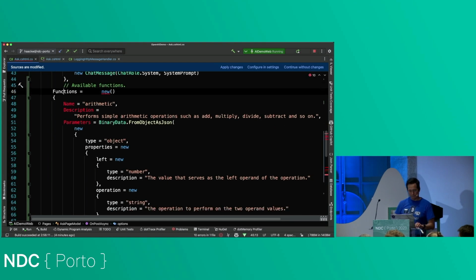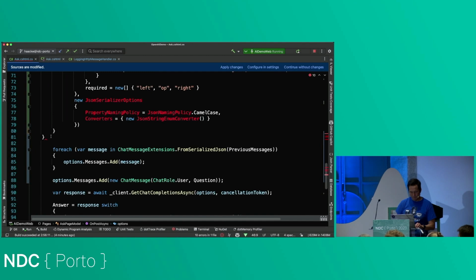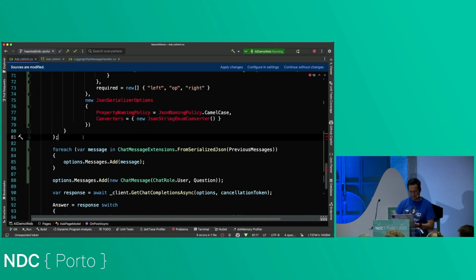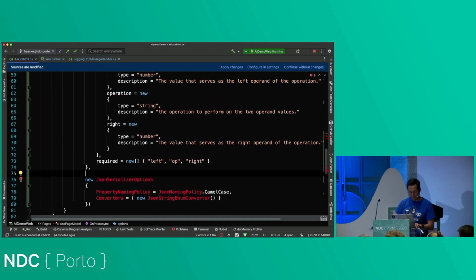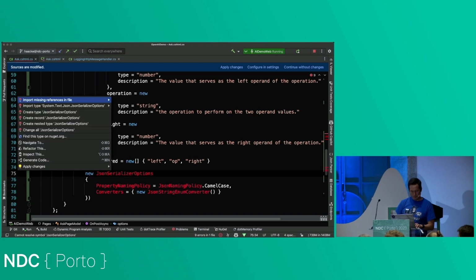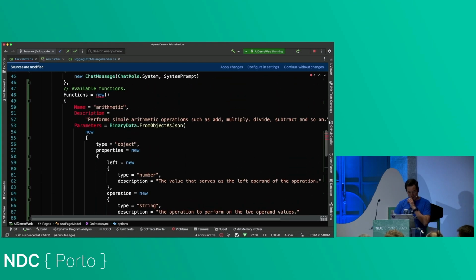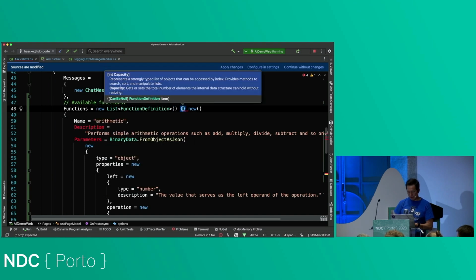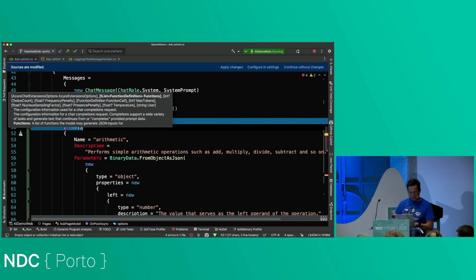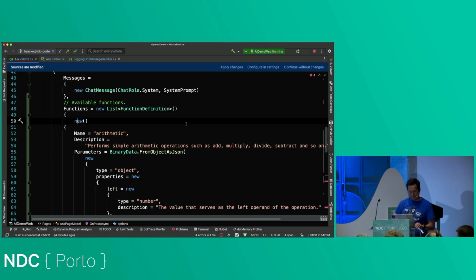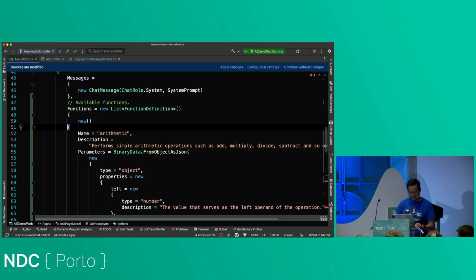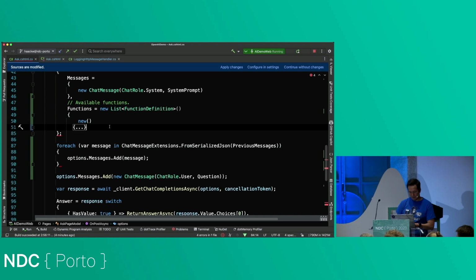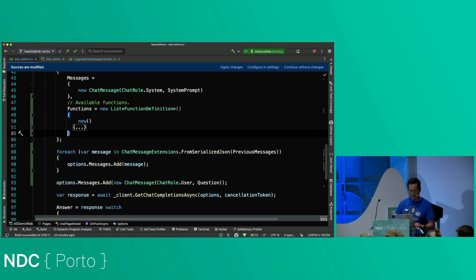OK, here we go. New list of function definitions, and then list initializer, and bam. OK, let's indent this and complete it. Bam. OK, there we go.